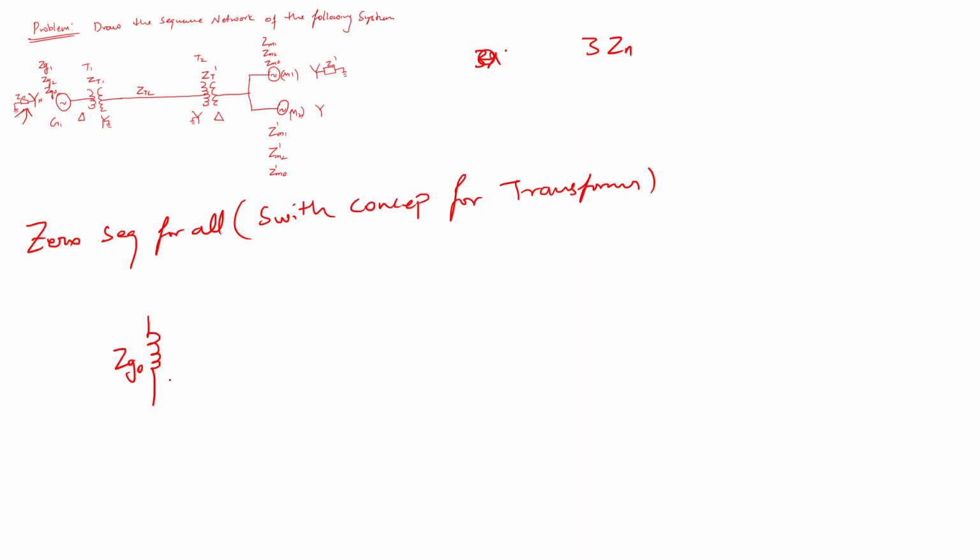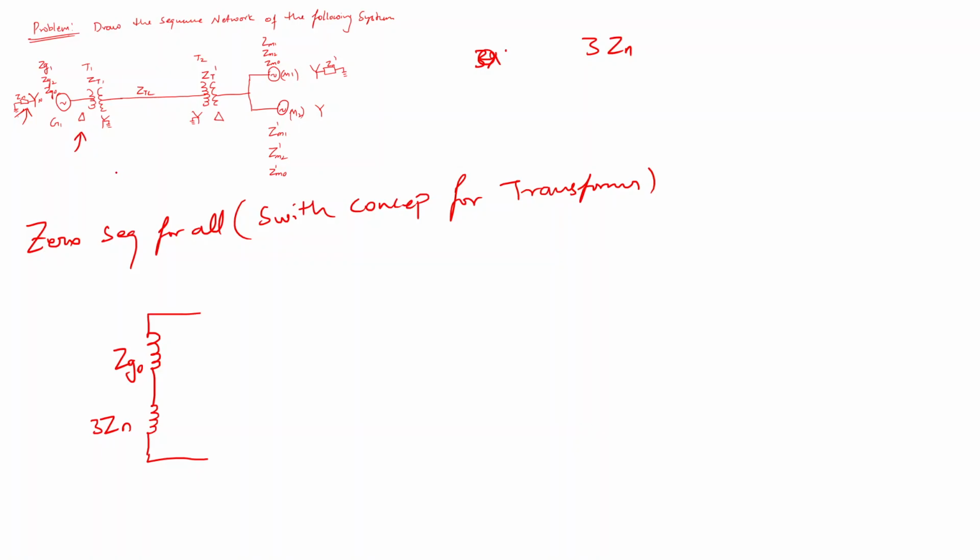In addition to that, because the current is flowing mainly through the neutral to ground, this current passes through that current limiting device also, and if I want to draw that Zn value, I need to draw it 3 times. So that is 3Zn. And next, this generator is connected to what? Transformer 1.